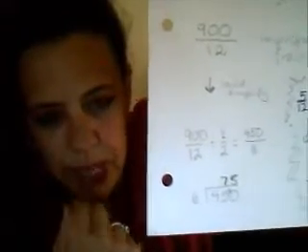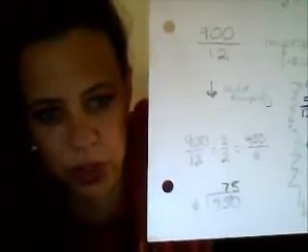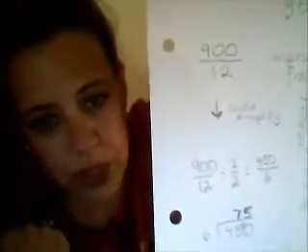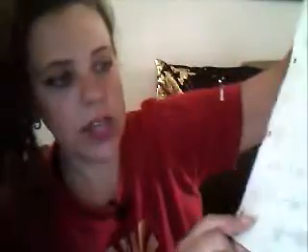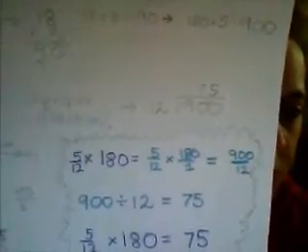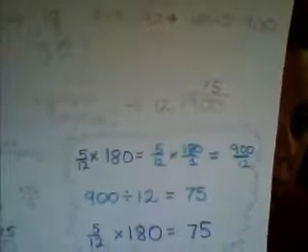6 seems a little bit of an easier number to divide by. So I've got 6 into 450. 6 goes into 45 7 times because 6 times 7 is 42. That gives me a remainder of 3, which I put in front of my 0 there, which means that 6 into 30 goes 5 times. I've got 75 again. So to recap, we started with 5 twelfths times 180 is the same as 5 twelfths